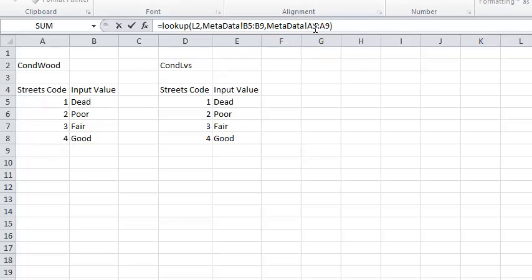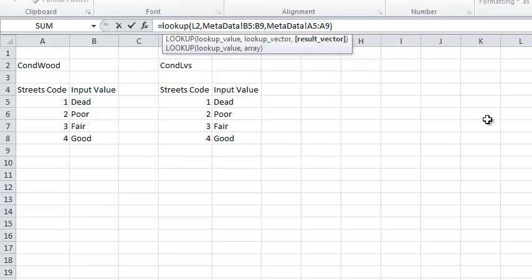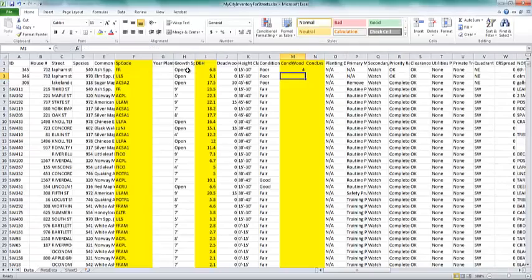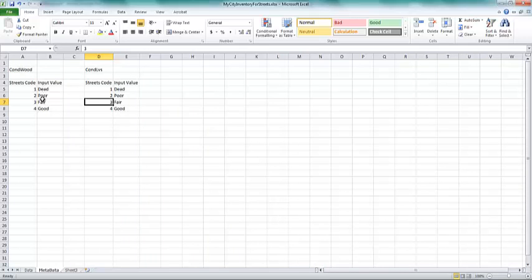And one more thing, since we're going to copy this cell down, we have to use some dollar signs, and that just keeps it so that Excel doesn't increment these numbers, this 5 and 9 and this 5 and 9 here when we drag down. And we can go ahead and hit enter there. And if you hit enter, you'll notice that this doesn't look like it's right. Poor, if we look at our metadata, should have been a code of 2. And the problem here is that